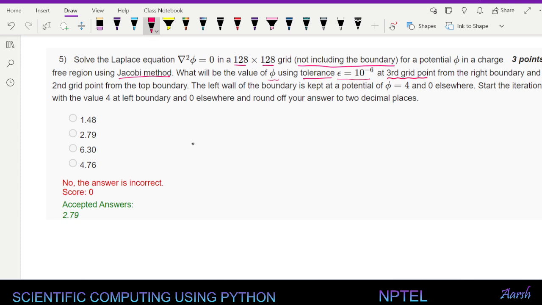At third grid point from the right boundary and second grid point from the top boundary. And now the boundary condition is given. The left wall is kept at phi is equal to 4 and 0 elsewhere. Elsewhere as in the other three boundaries. Start the iteration. Again it's given. I don't know why it's specified twice, but that's okay. And at the end we round off to 2 decimal place. Okay, so before we start,